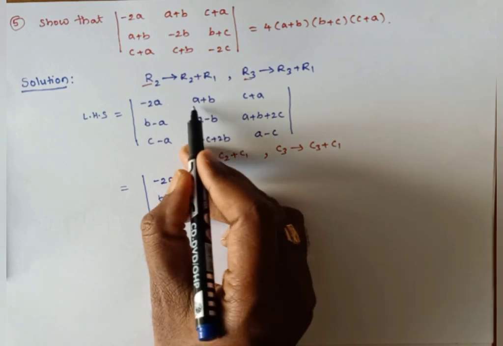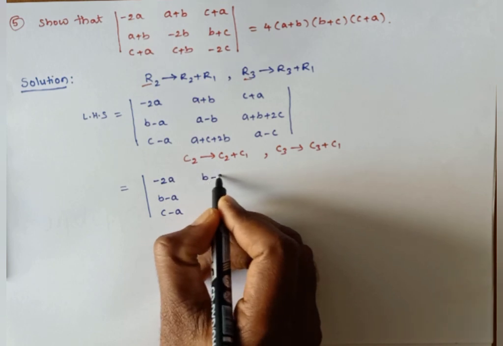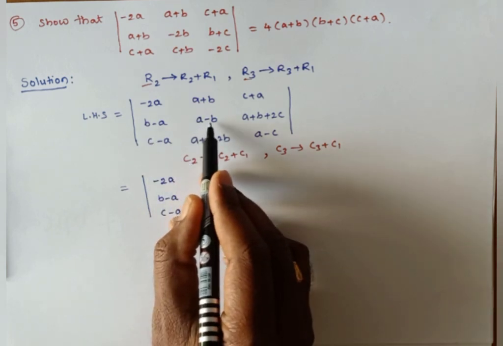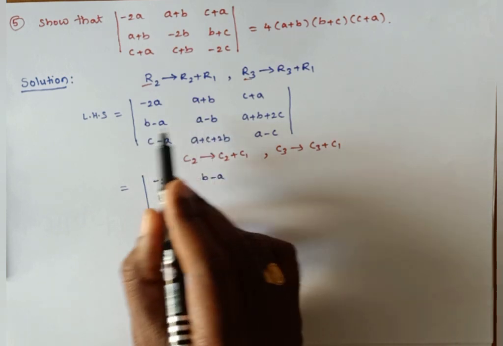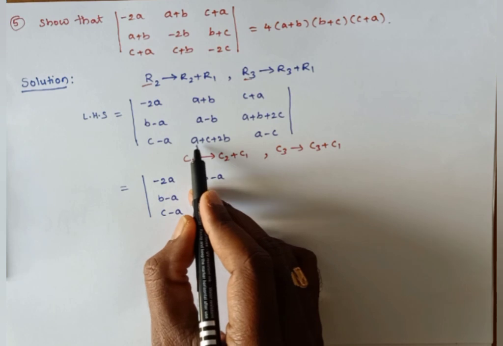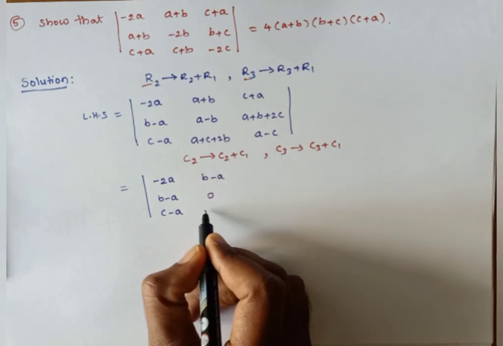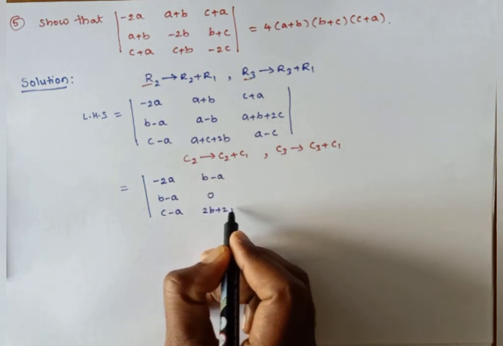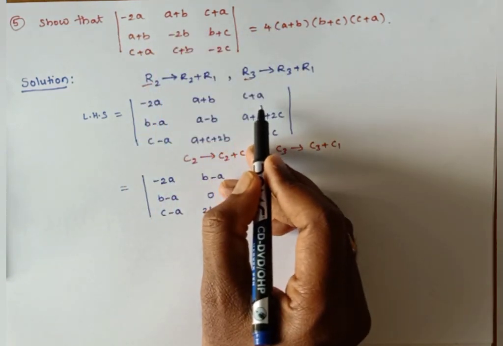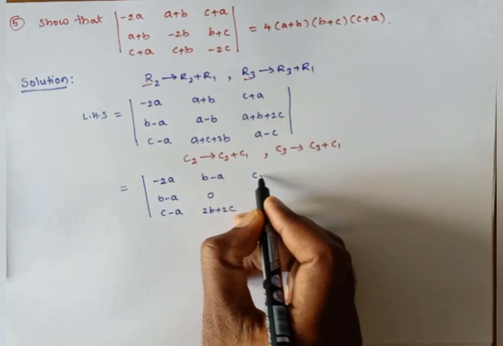Now here A plus B minus 2A means it is B minus A. Now A minus B plus B minus A. Here A is positive, A negative, B negative, B positive. Therefore it is 0. Right? Now A plus C plus 2B, A gets cancelled, plus 2B and plus 2C. So this is 2B plus 2C form. Next, column 3 plus column 1. C plus A minus 2A. That is C minus A.